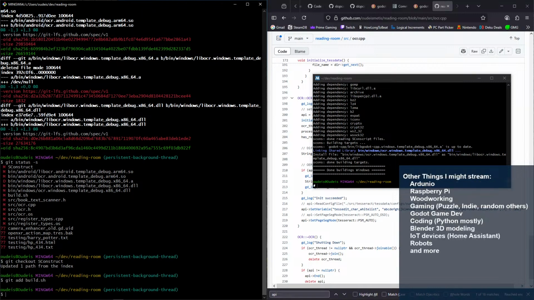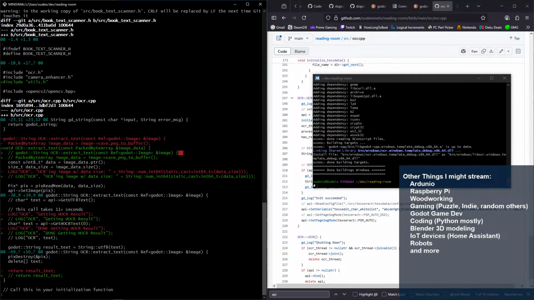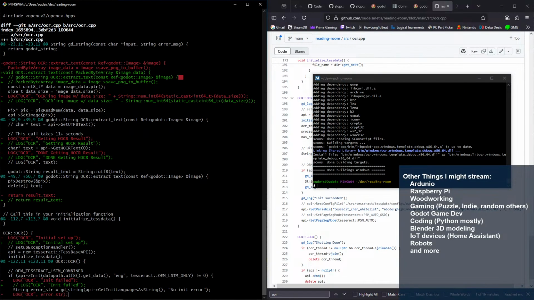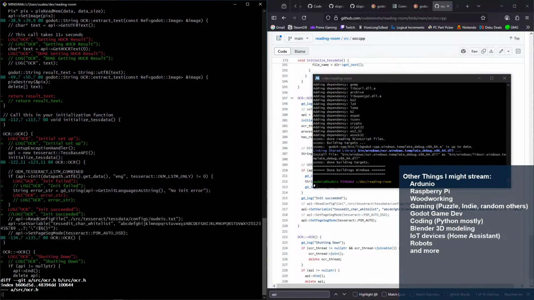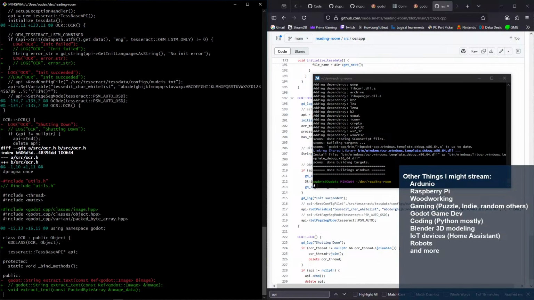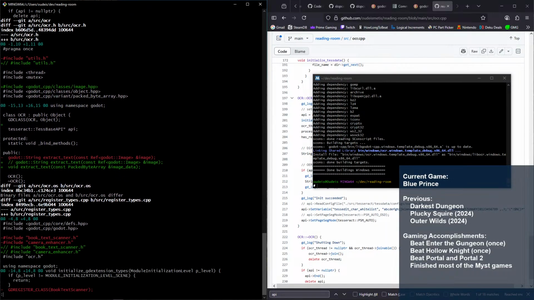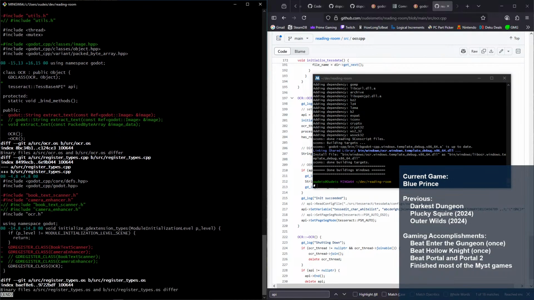I want to keep that. Git diff source. What changed in source? All right, OCR.cpp. I changed some things. I got rid of the logging. OCR.h had the utils file. Okay, most of this was just commenting things out.